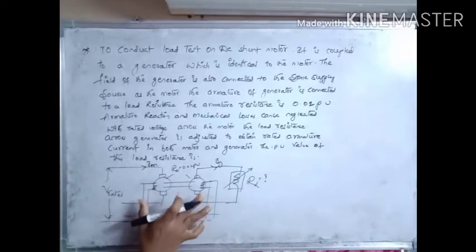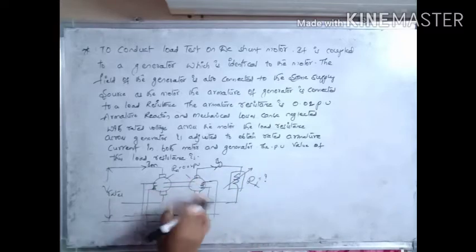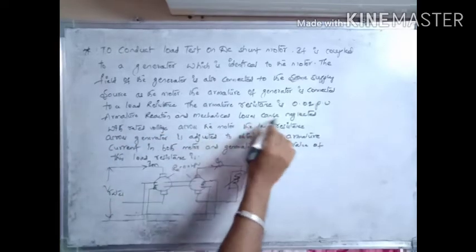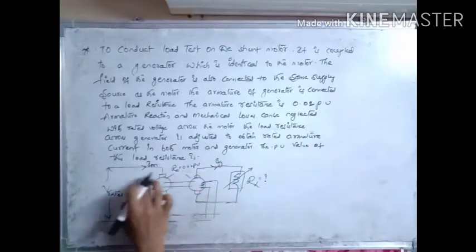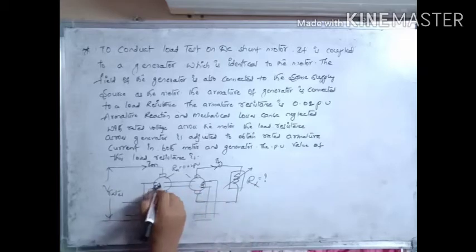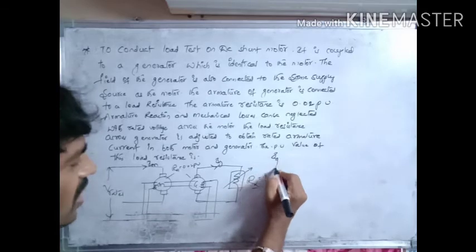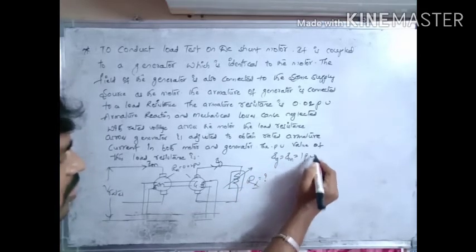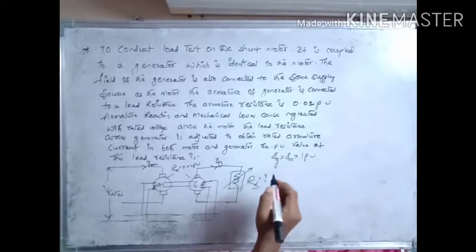From the given information, the motor and generator are similar in construction, the armature resistance and everything is the same, and armature reaction and mechanical losses are neglected, so that rated current is obtained in both motor and generator. This is the motor, this is the generator, by adjusting this load resistance. So that means Ig, the generator current, equals the motor current equals the rated value. All the values have been taken in pu. That is Ig equals Im equals 1 pu.